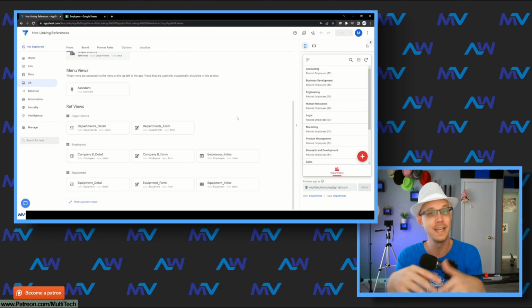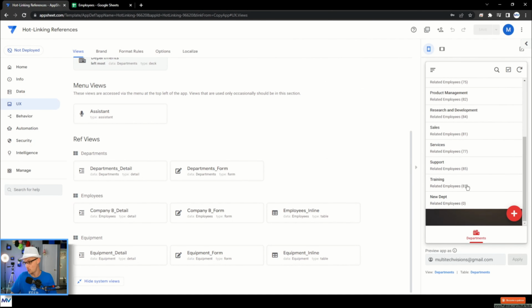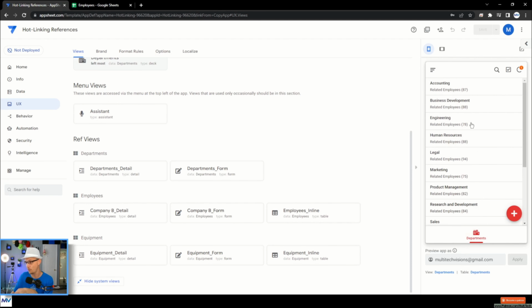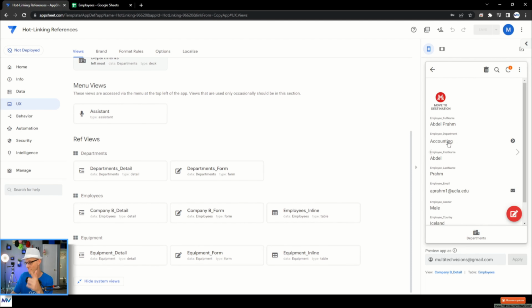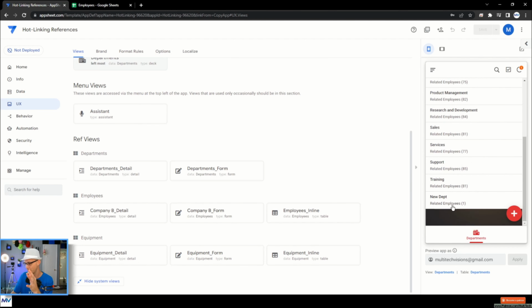Now, the easiest way to test this is I'm going to make a new department and move people to that one. Okay, so I'm going to go to my new department. I'm going to set that as the destination. And now if we go and look at anything, so if I look at this person here, they're in accounting. When I hit that and I go and I look,